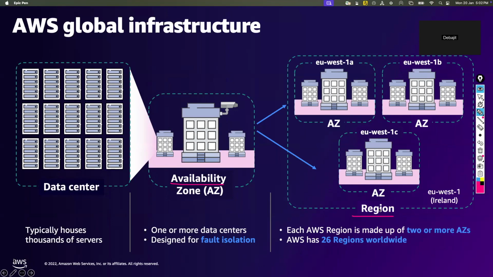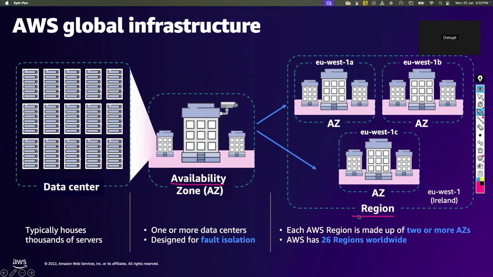So region, what do you think about the region? Okay, it's a recording session. I don't have any students right now to answer, but I can answer also. So the region means, as simple as that, AWS's global presence. What's that? It's a global presence. That means AWS has their data centers across different countries and cities in the globe, right? Like in the UK, in the US, in Asia Pacific, right? They have got many data centers, so they call it a region. Okay, it's kind of logical stuff.